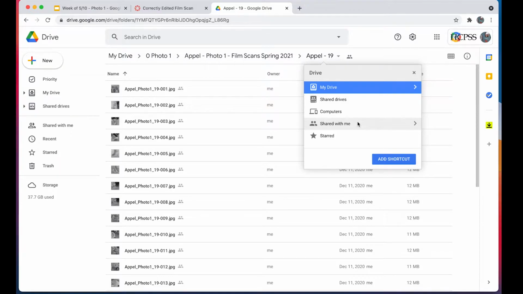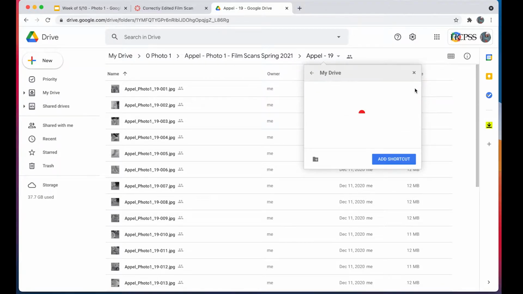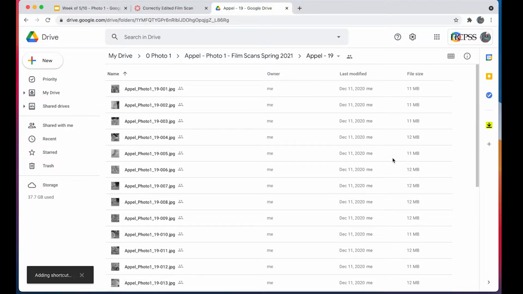And you can even put it within a particular folder. So I'm going to put it within my Photo 1 folder and add shortcut. Okay. And that, again, is going to make it a lot easier to find once you're in the Windows Virtual